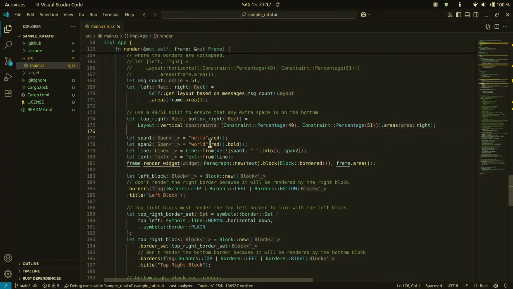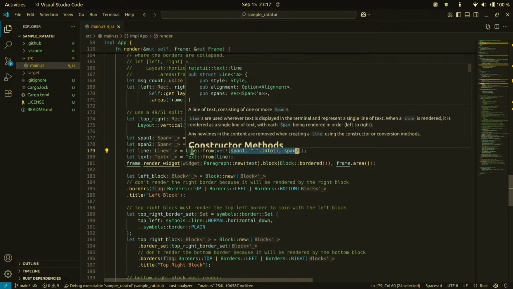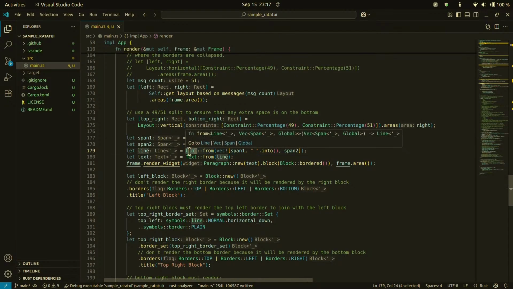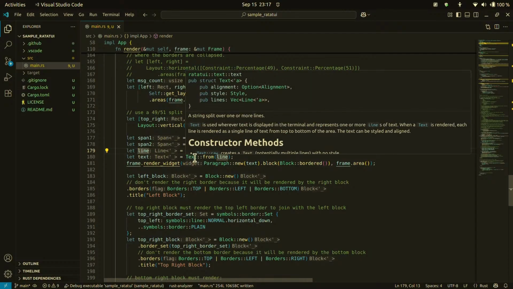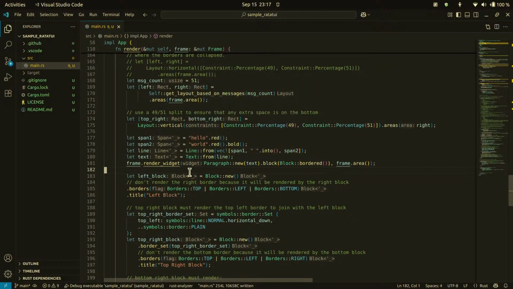Then, so the span is inserted as a vector inside a line. So a line can contain multiple spans. And then the line is inserted inside text. Okay, then when we render the widget, frame area,